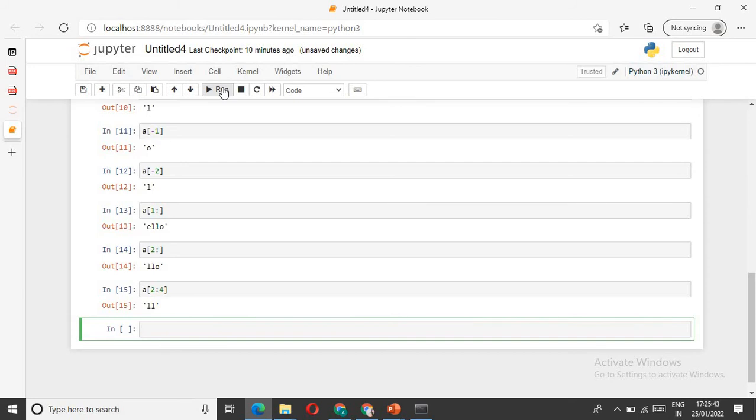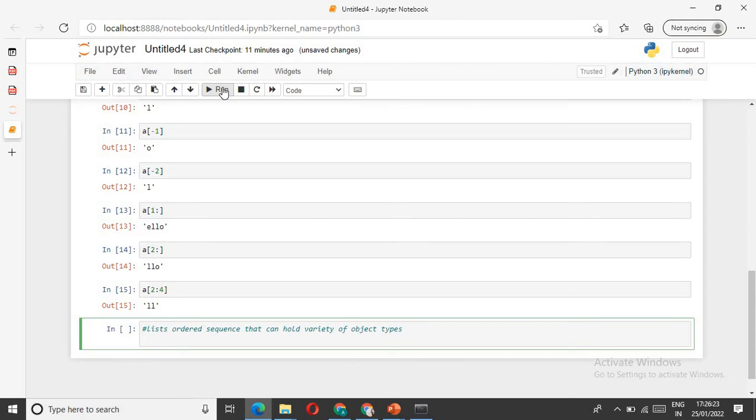After string, list is there. List means what? Here is a comment line. List means an ordered sequence that can hold a variety of object types. And always remember, lists are represented in square brackets. Suppose I want to display my list, my underscore list